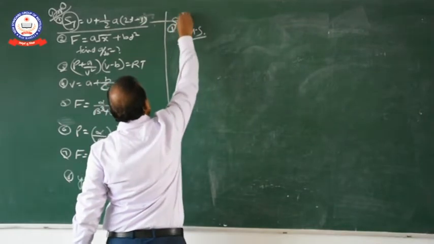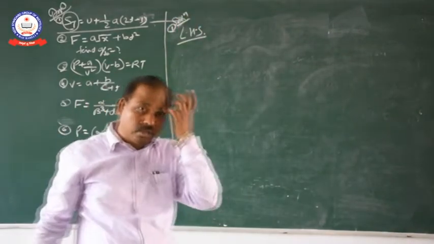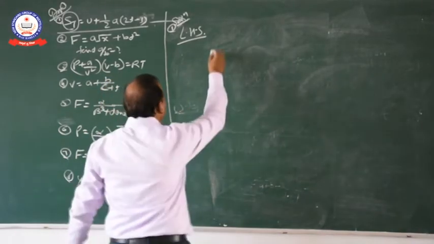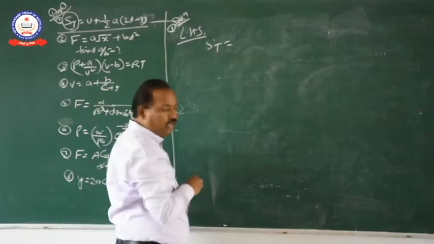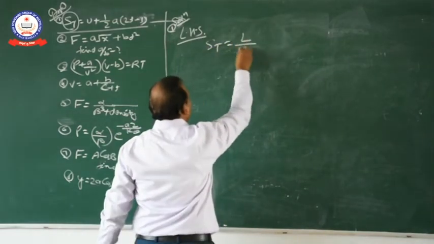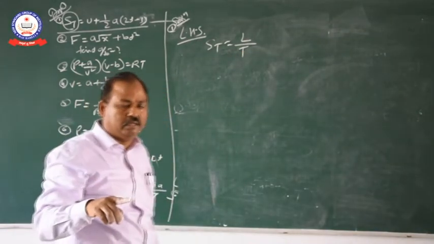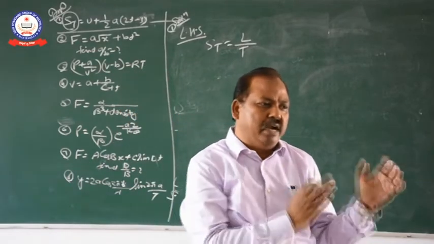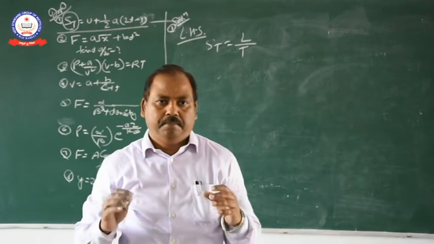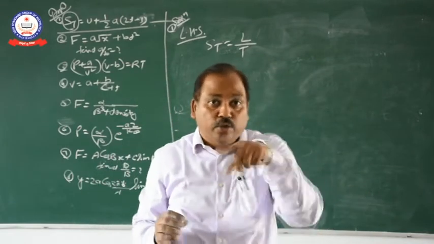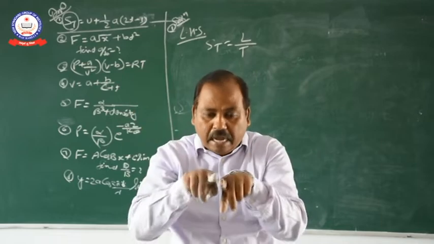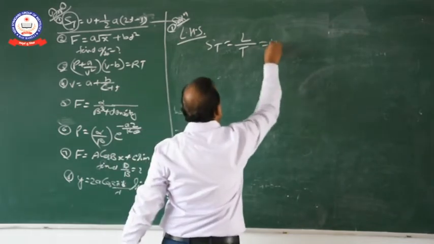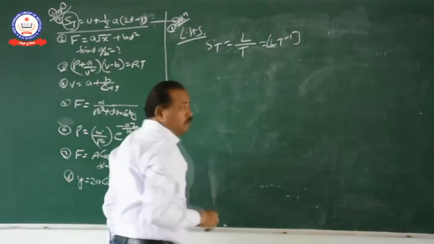First question solution. The distance covered in a specific time means the dimensional formula of S_t is not only L but L upon T. Correct? Very similarly, we can say the number of particles per unit volume, so number upon volume. Okay, S_t is equal to L upon T, LT inverse, correct?